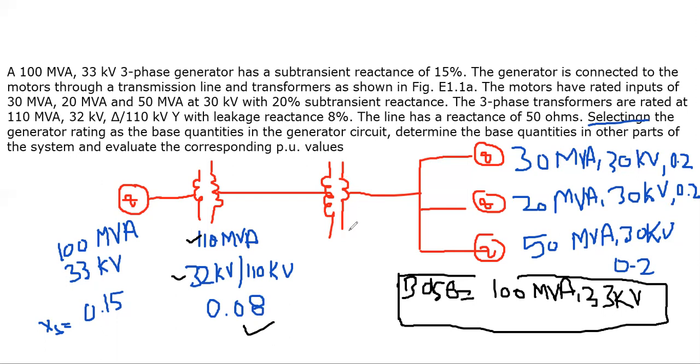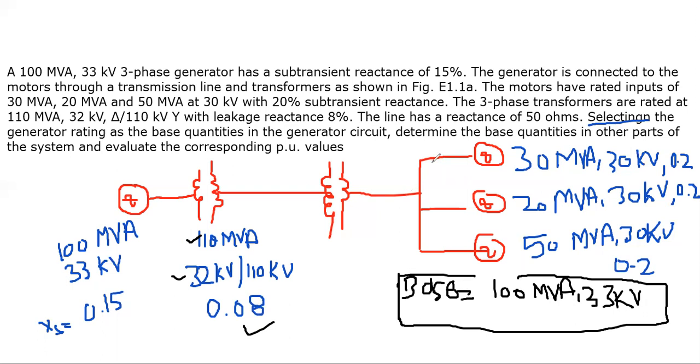पहला part क्या है कि हर part में हमको निकालना है base value, and second part is we have to calculate the corresponding per unit values. So इनकी per unit value निकालना बहुत आसान है. इनकी logic सिर्फ इतना है कि ये जो per unit values दी गई हुई हैं, ये दी हुई हैं इस values पे, 30 MVA और 30 kV. इसको किस पे निकालना है अब हमको? अब हमको निकालना है base पे.